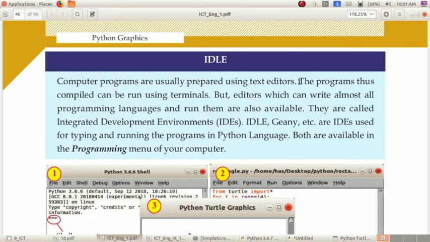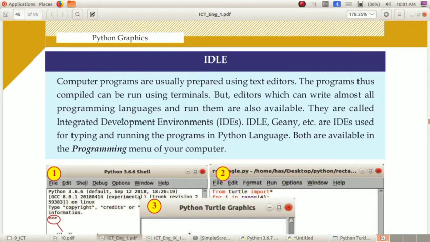Then we went to our folder and double clicked it for running in the Mozilla Firefox web browser. Okay. So, is there any need to go for another window or another web browser in Python? No, not at all, because